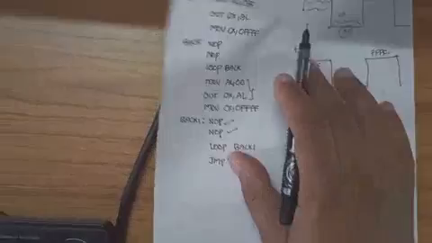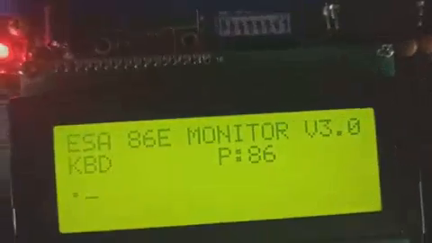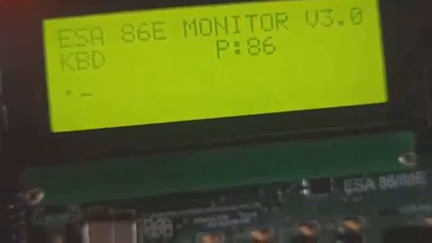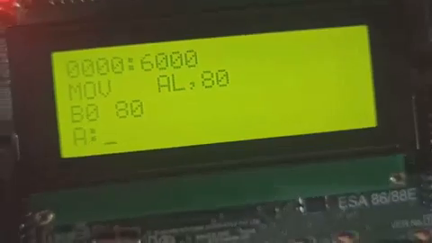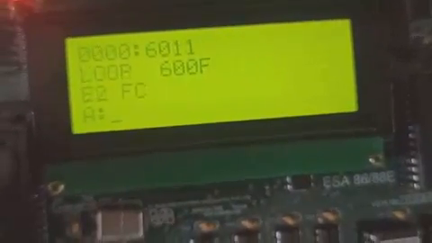So let us see the output of this particular program when it is interfaced. The program is already stored in the memory location starting at 6000. MOV AL, 80, and so on, everything is already stored.